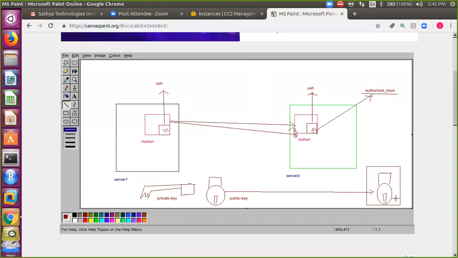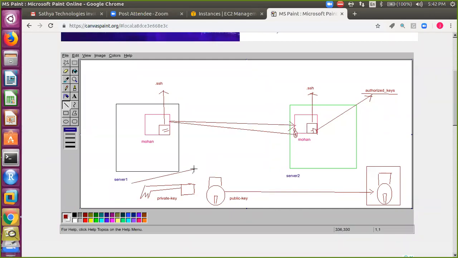Imagine a key and lock. The lock is the public key and the key is the private key. Whoever has the private key can unlock the lock. If you try to unlock this lock with another private key, it's not possible, because the public key and private key are a pair.